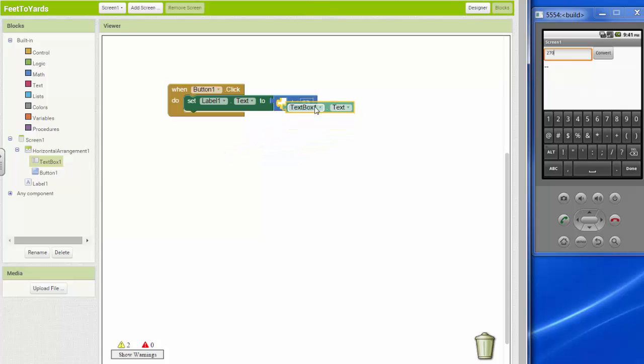So I'll plug this in and read it one more time before we push it. When button 1 is clicked, set label 1's text, set that guy right there, to whatever they typed in the text box, divide by 3. And now we get 90. If we had a number like 24,